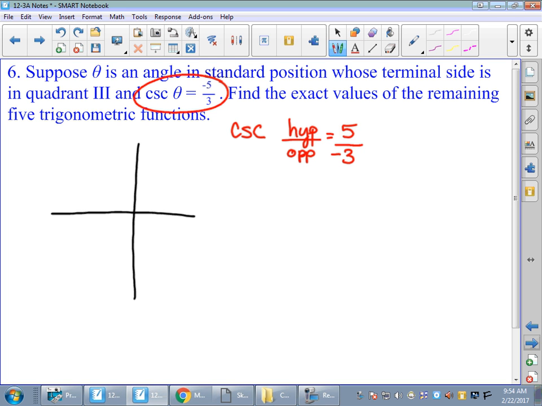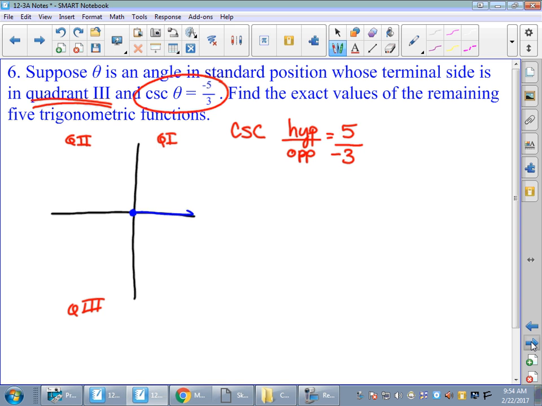So when I go to draw this, it's telling me that it's in quadrant 3. So that's another reason why I knew that the side opposite was -3. That's how we get into quadrant 3. So this is quadrant 1, this is quadrant 2, and this is quadrant 3. I need to be in this quadrant. So when I draw this picture,